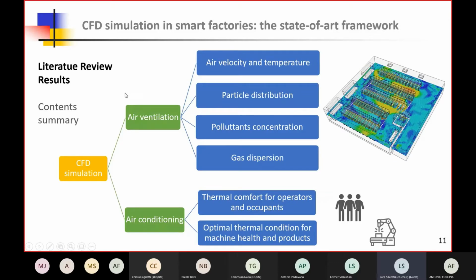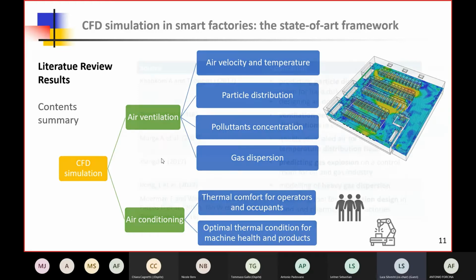As a first result of my literature review, I found that the CFD simulation in a smart factory can be divided in two main families, that is the air ventilation and the air conditioning. The air ventilation includes the high velocity and temperature, the particle distribution, pollutants concentration, and gas dispersion. The air conditioning instead includes the thermal comfort for operators and occupants, but also the optimal thermal condition for machine